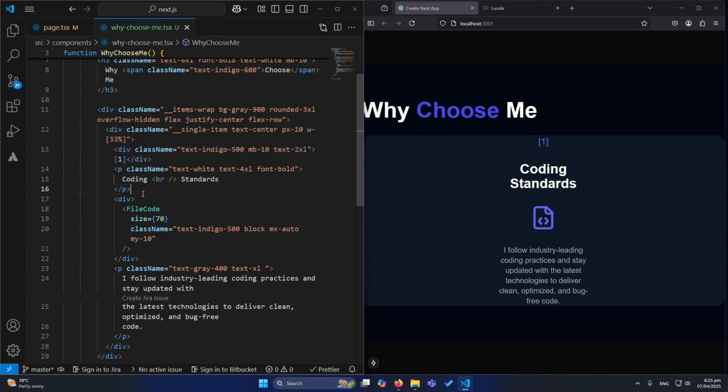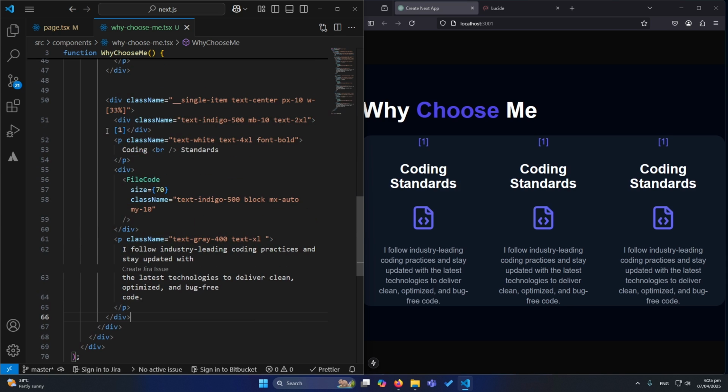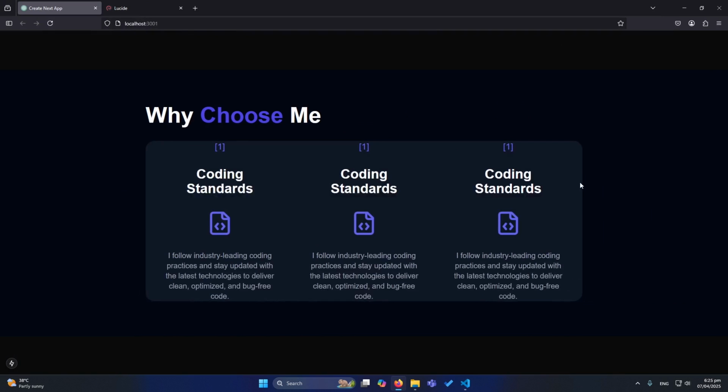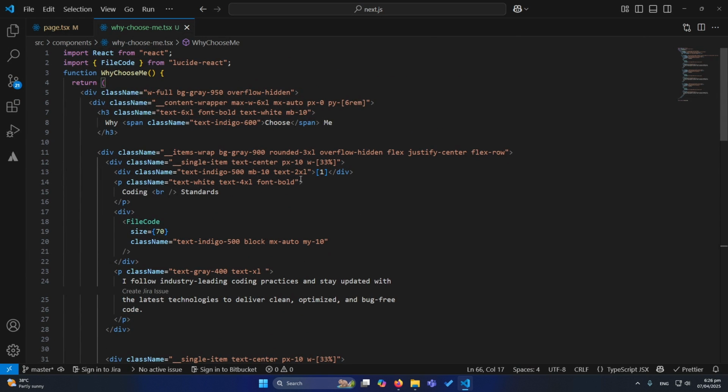And now we are ready to copy and paste this single item. I will paste here 2 times. Now you can see that we have 2 items at the moment. We have 3 items, sorry. And next let me open this, and to our single item I will copy this, and I will press Ctrl